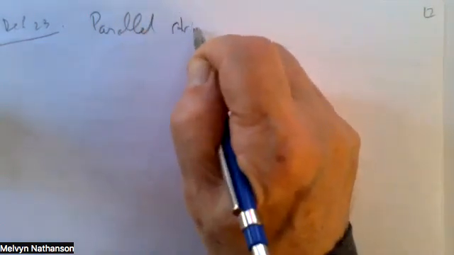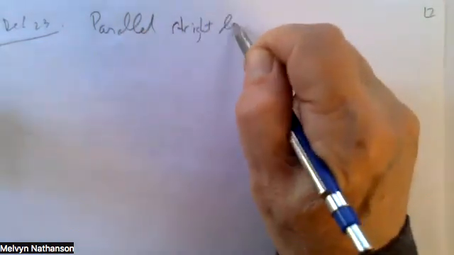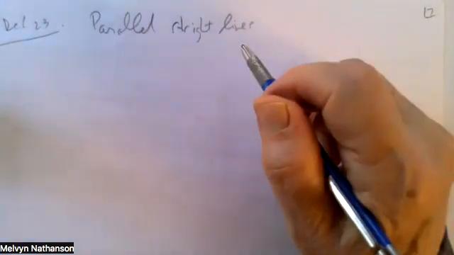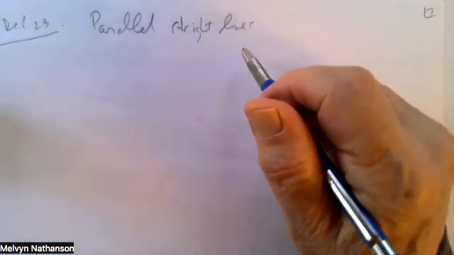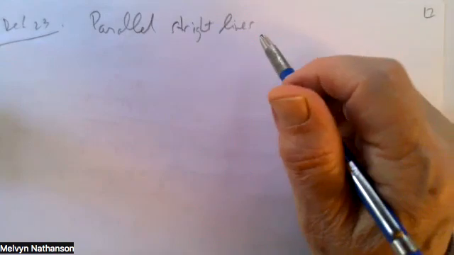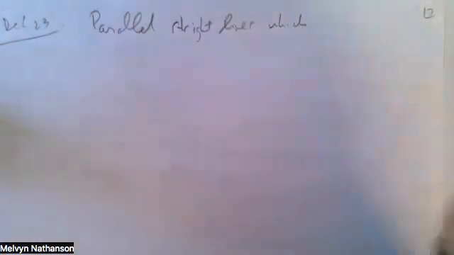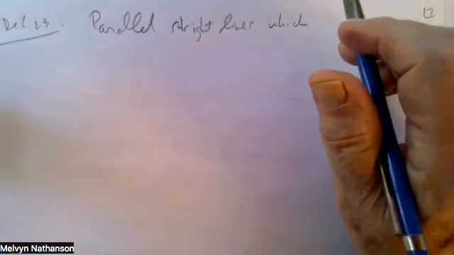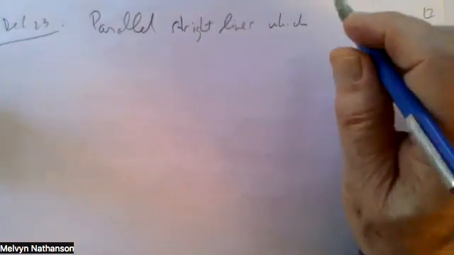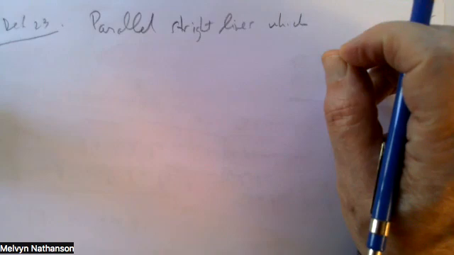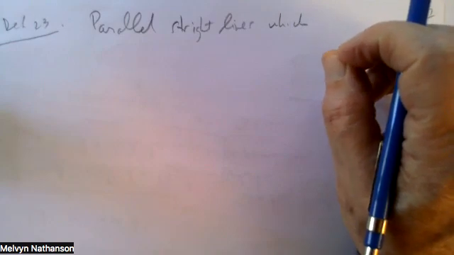Parallel straight lines. We don't talk about parallel curves. Parallel straight lines are straight lines in the same plane, which when you extend them to infinity in both directions, or as the translation from Euclid reads, lines produced indefinitely